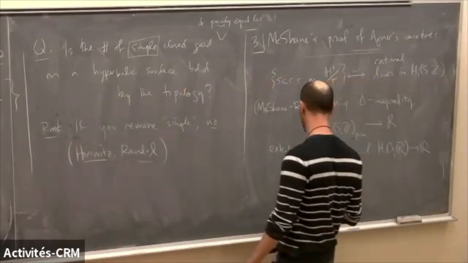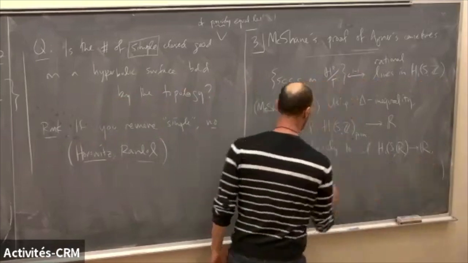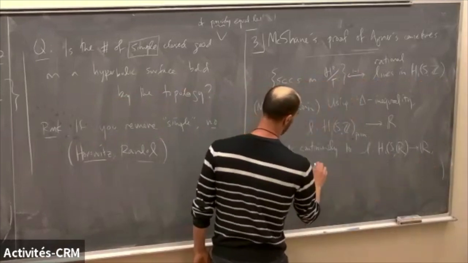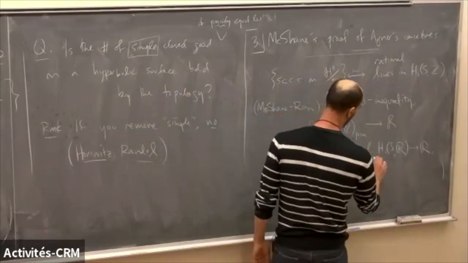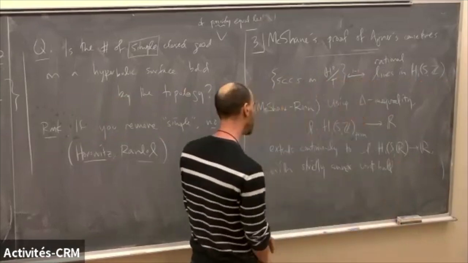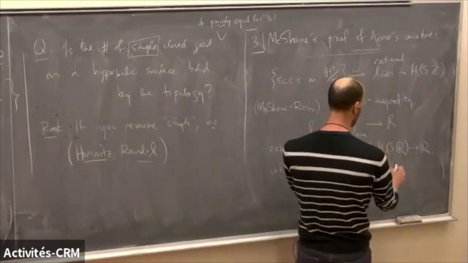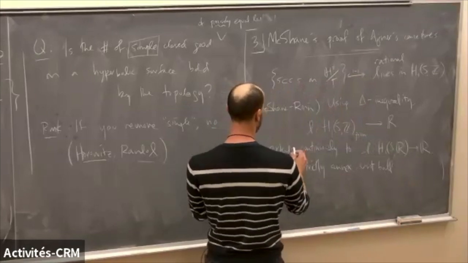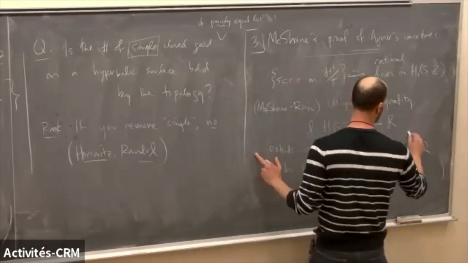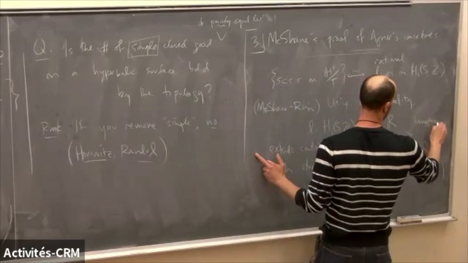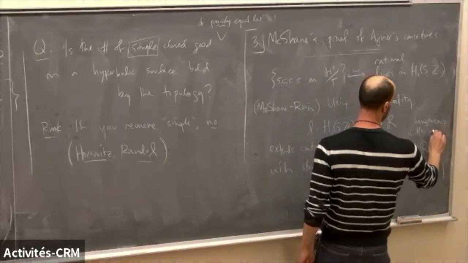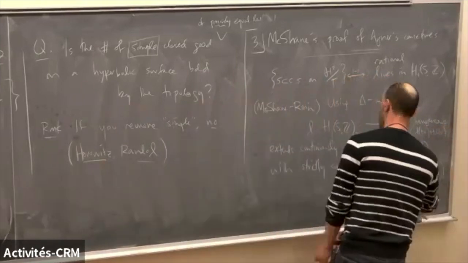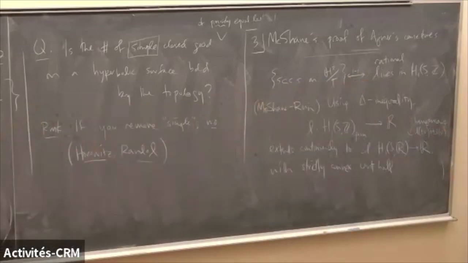Right, and this extension has strictly convex unit ball. It extends continuously to it's a homogeneous function. So it extends to a homogeneous function, which is to say, if I measure the length of t times v, it's t times the length of v. So, right, so to connect this to the Markov problem,